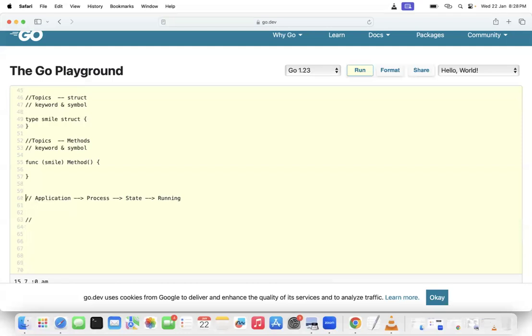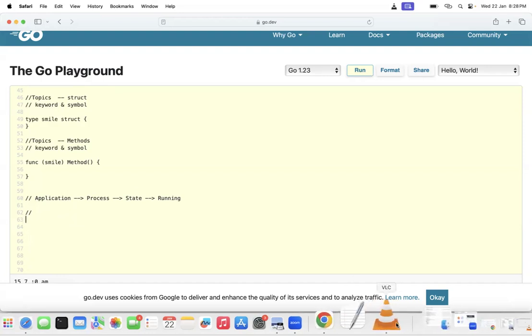How do you take care of it? If this application is not responding, what do you do? We need to restart. We need to do some workaround. Manually, someone has to restart it.